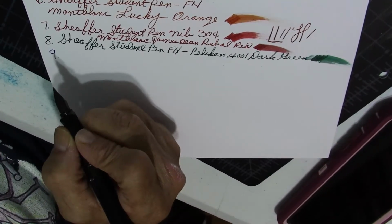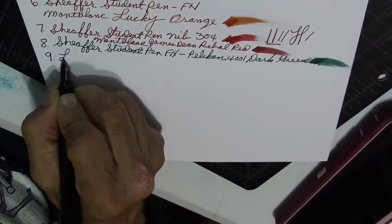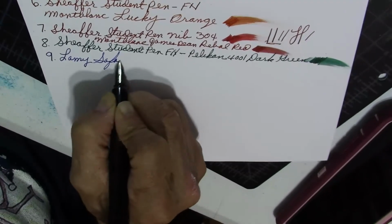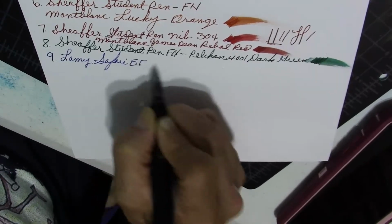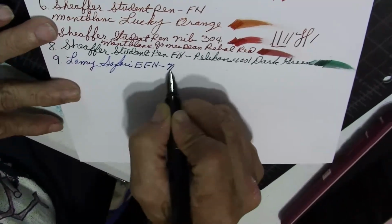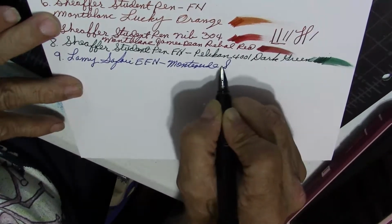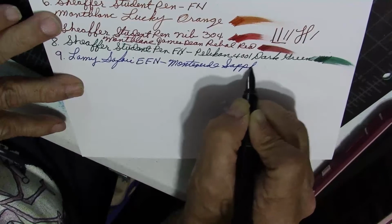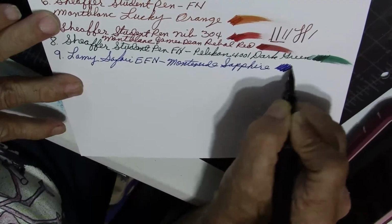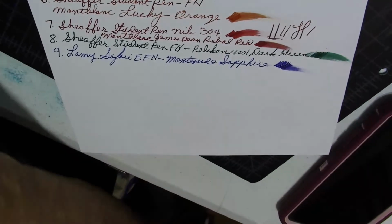Looking at my notes real quick. Lamy Safari with an extra fine nib. And the ink on it, Monteverde Sapphire. Another nice blue ink. And